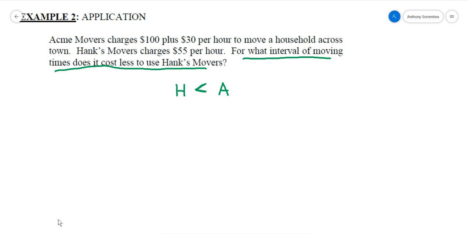Now I need to come up with some expressions for this, so I'm going to let x represent the number of hours needed to move. When I look at Acme, they charge $100 plus $30 for each hour. So how much they're charging would be 100 plus 30x. Hank's Movers would be 55